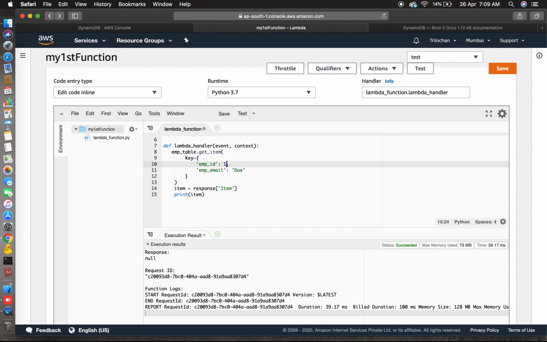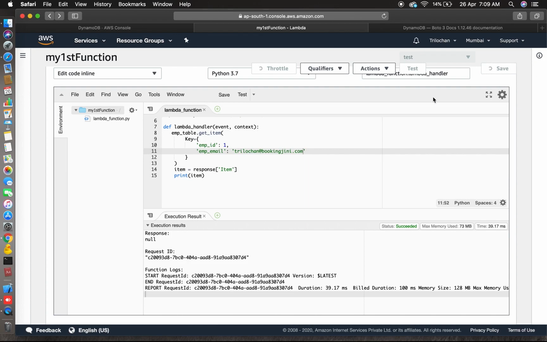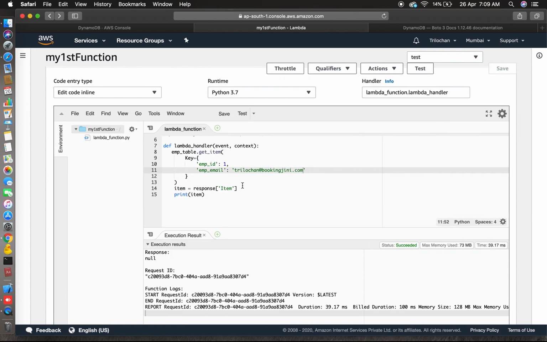We'll change the data here. Employee id is a number, so 1, and emp email is a string, trilogian@bookinggenie.com. It's done now. So save it. So we can test.